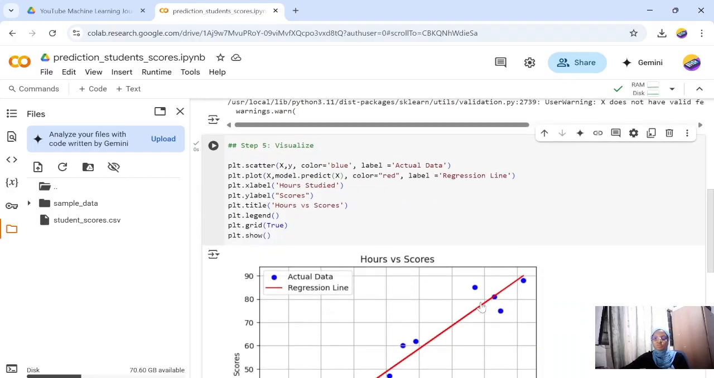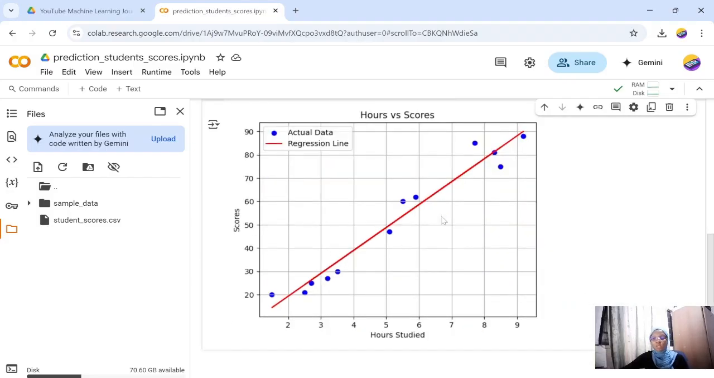So we run this. You could see this. We have data here, which means